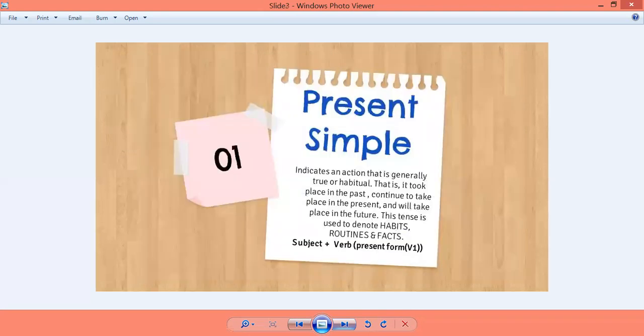Right, so first one we have over here is present simple. Present simple indicates an action that is generally true or habitual. That is, it took place in the past, continues to take place in the present, and will take place in the future. कोई आदत होती है, कोई फैक्ट होता है, कोई चीज के बारे में कोई